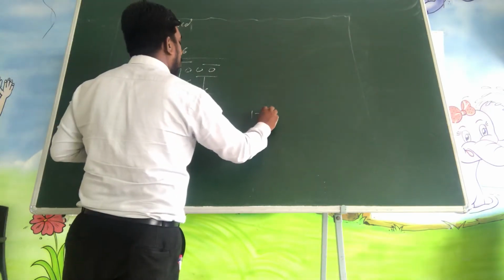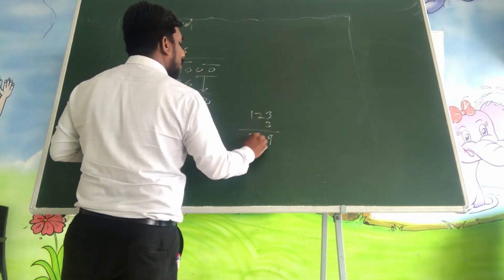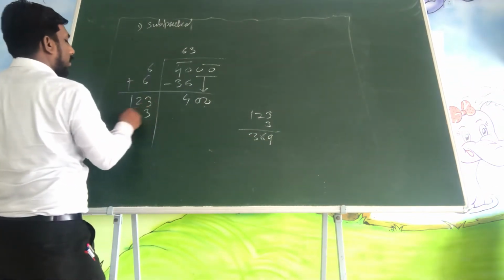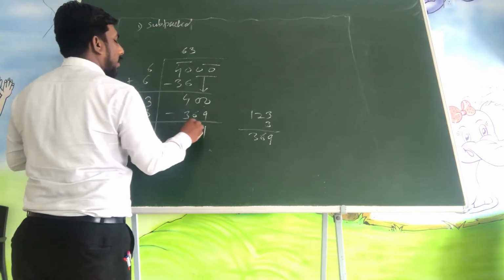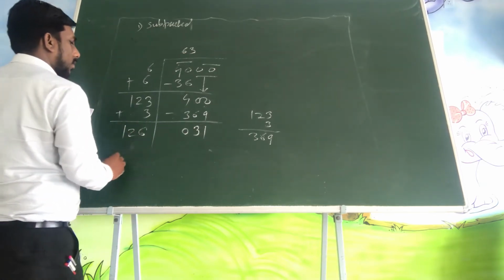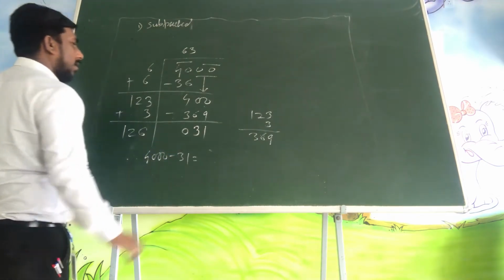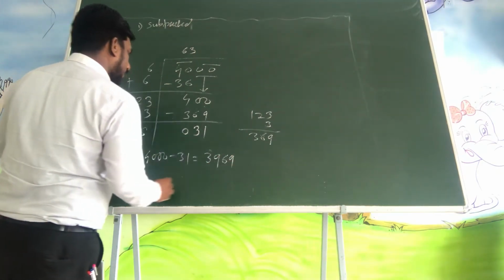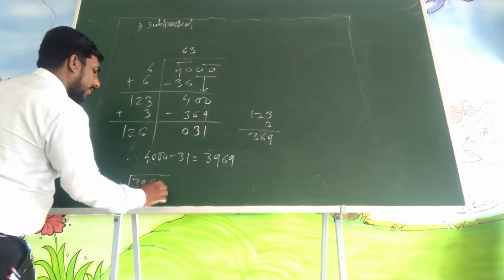12 3s are 36. 3 3s are 9. So here 3, here 3, here 3. Addition, subtraction. 369. 1 3 0. 1 2 6. So we can say that therefore 4000 minus 31 is equal to 3969. So the square root of 3969 will be